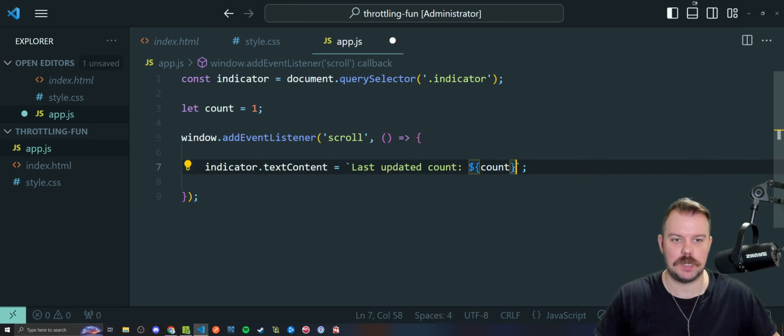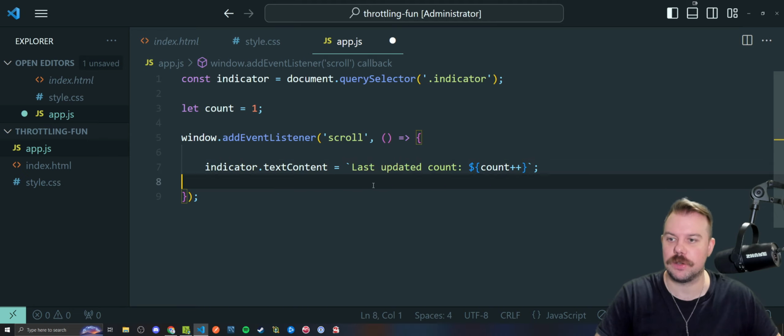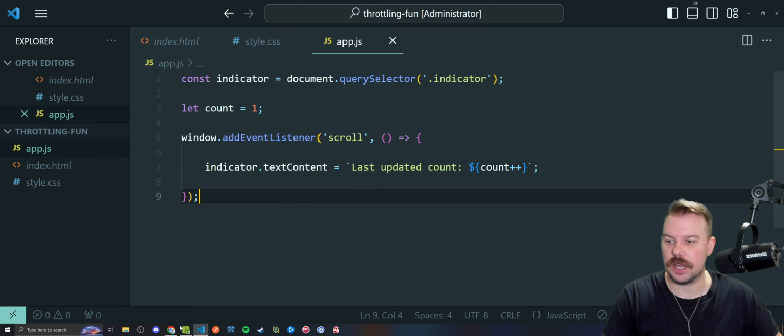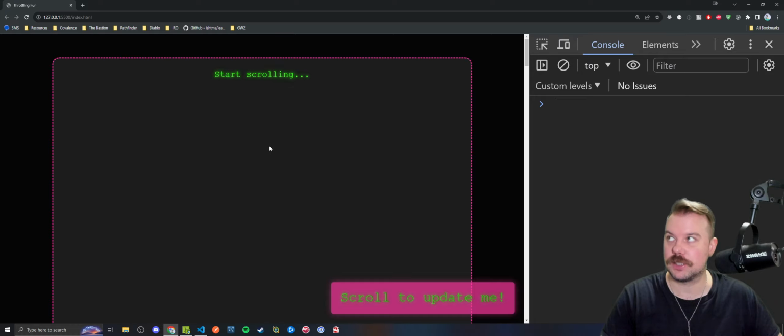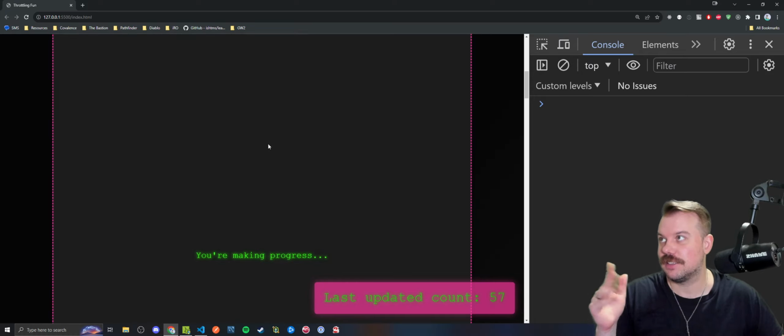Actually, I think count plus plus is what we want, because this will tell me what it was, not what it's going to be, I believe. So there we go. Let's go ahead and head to the DOM and check it out. So it says scroll to update me. And as we can see,